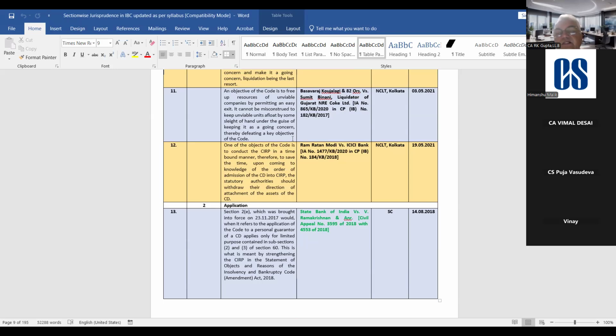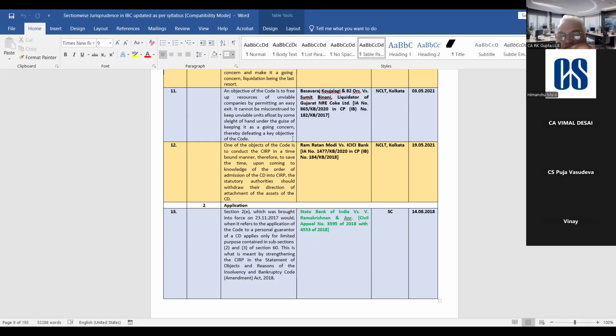Now let us see section 2. So section 2E, because in section 2E, what they have done is they have made a distinction, because what we have read in the preamble, we have read that it is applicable not only to companies but individuals also, individuals and partnership firms. Now by section 2E, they made a distinction between